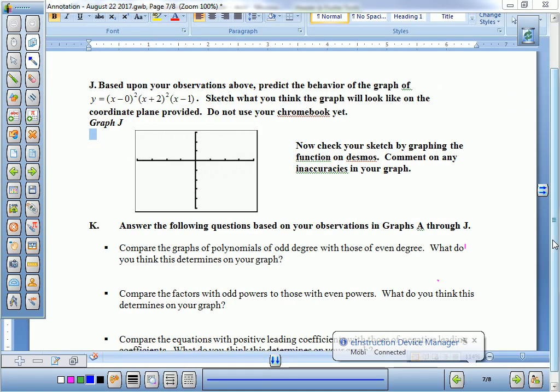All right, no calculators, no computers. I want you to use what we've talked about to try to graph this equation here. Use what you know about end behavior, use what you know about root behavior. Does it bounce? Does it pass? We're going to need these for